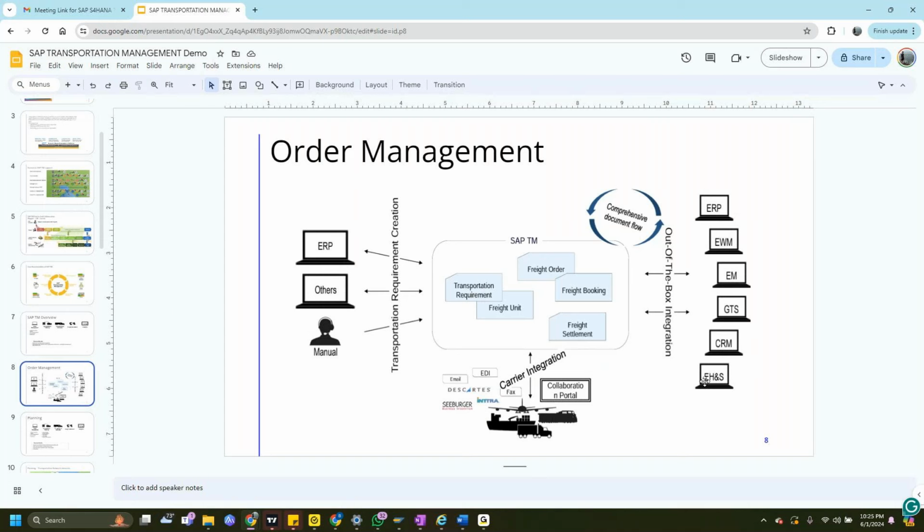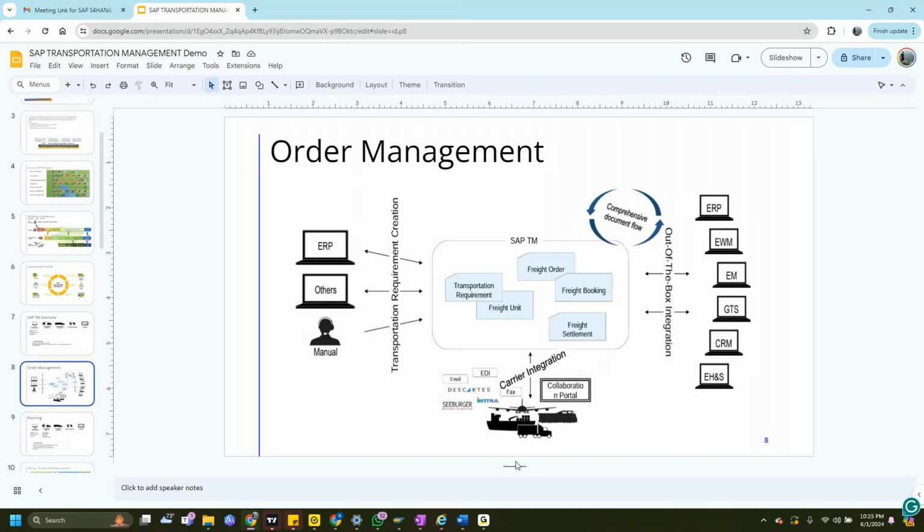This barely touches TM, but we say that it is a surrounding module to TM where we check on the key aspects of warehouse workers, the guys who are loading and unloading the truck, where environmental health and safety concerns are there for few of the customers or manufacturers for dangerous goods, right? So when there are dangerous goods associated, there is always a danger, and EHS comes into place, where they have few standards and checks that they need to follow. That is the ERP side, the SAP side of integration.